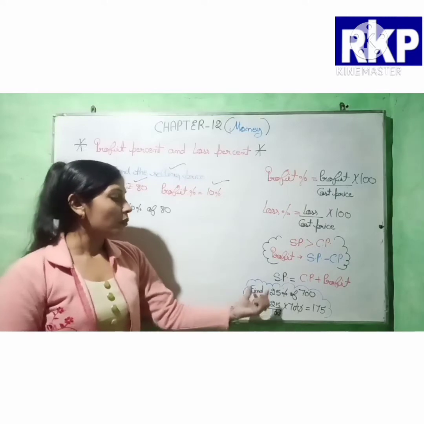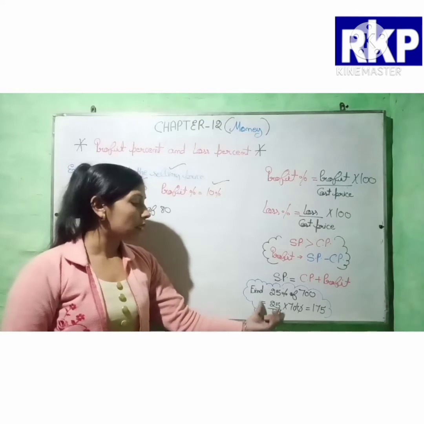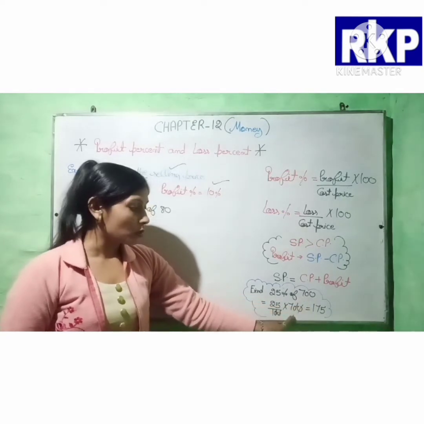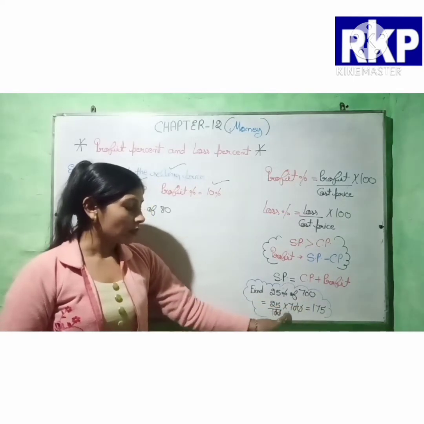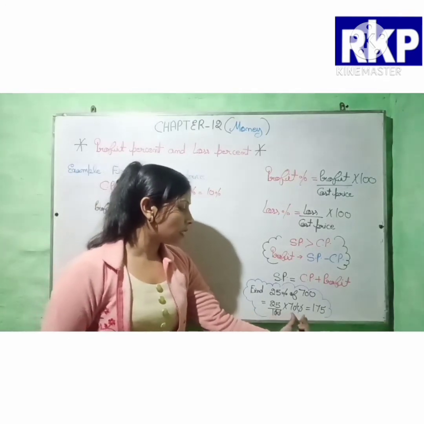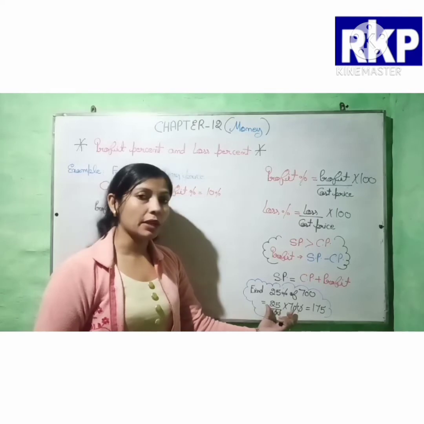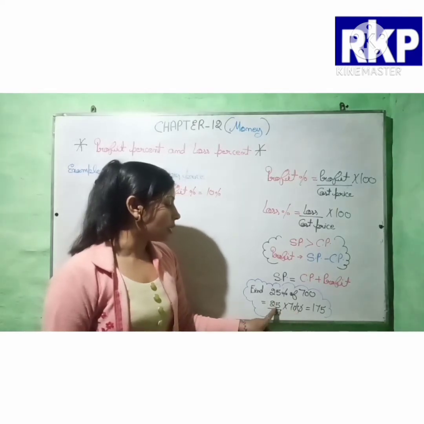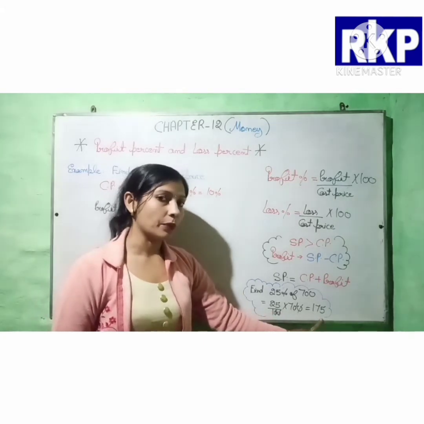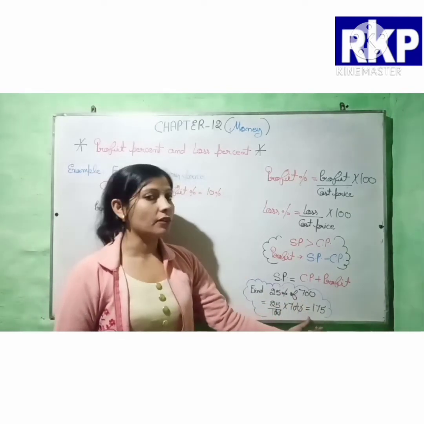So for 25% we have to write 25 by 100. Means first of all we have to write it as a fraction, 25 by 100, and then we have to multiply it with the given number. And here we have 700. So here we have to multiply it with 700. We can cut these two zeros with these last two zeros. Now we have only 25 and 7 as numerator. Now we have to multiply this 25 with 7, and when we multiply 25 with 7 then we get 175. So 25% of 700 will be 175.